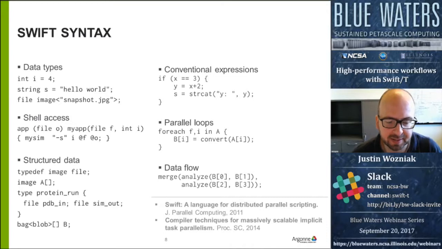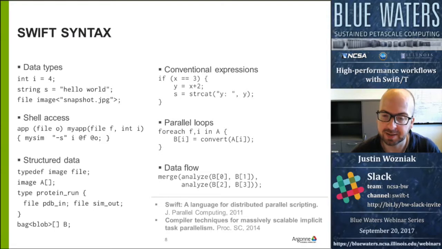You can typedef things. You can make arrays, structured types. That last definition there, B, is kind of complicated. That's essentially a MapReduce bucket. It's a list of MapReduce buckets. So it's an array of bags, and a bag in Swift is essentially an appendable array, and then each entry in that is a blob. And a blob is a binary string. So that allows you to essentially build a MapReduce application around that, where you're inserting into all of those buckets,